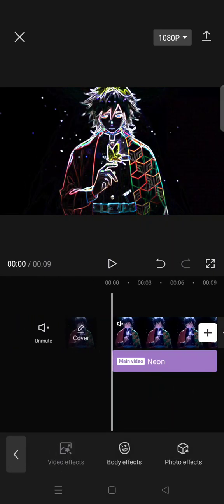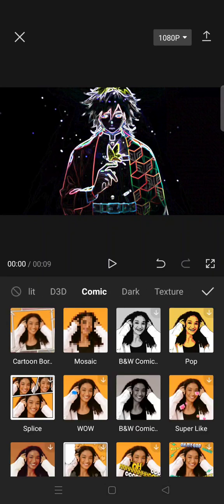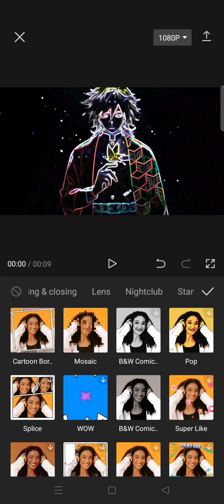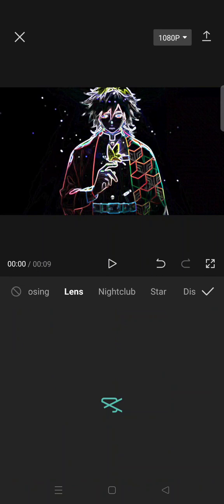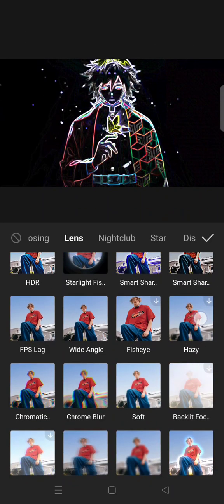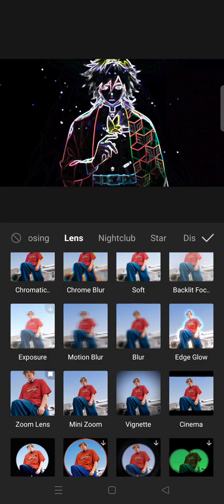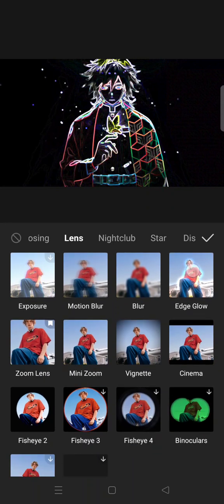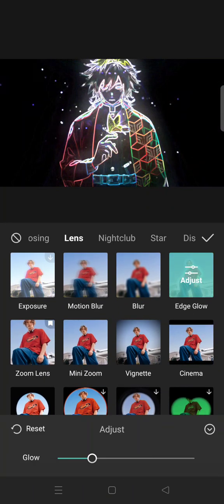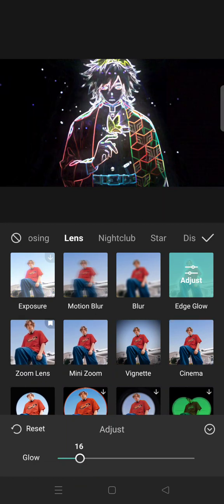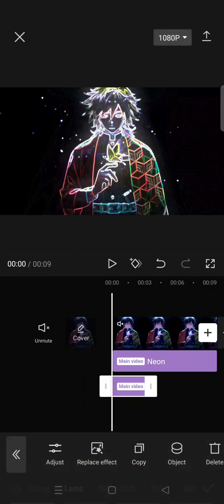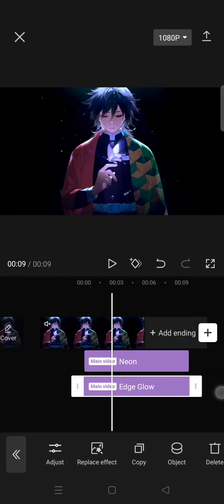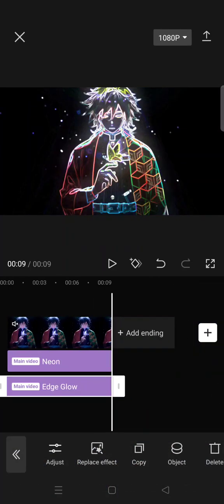Now go to video effect again, find the lens category and add the edge glow effect. So in here, edge glow, this one, and adjust the effect to only 15. Okay, after that just click on the check icon, and lastly the video effects that you need to add is